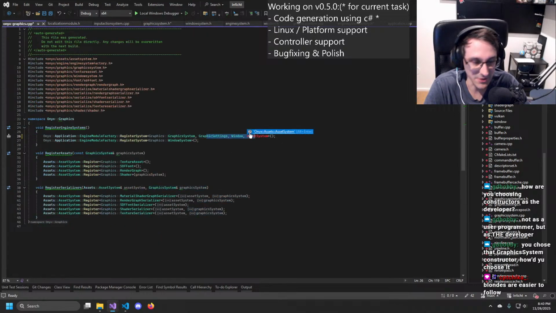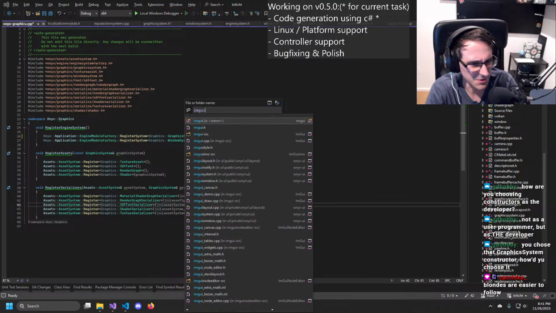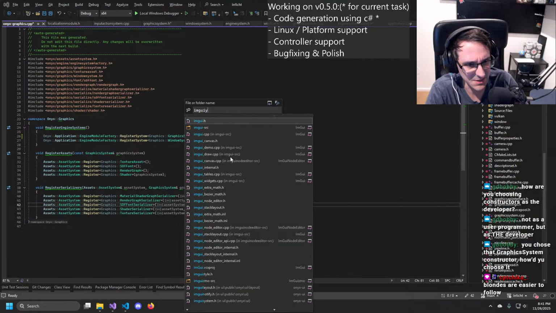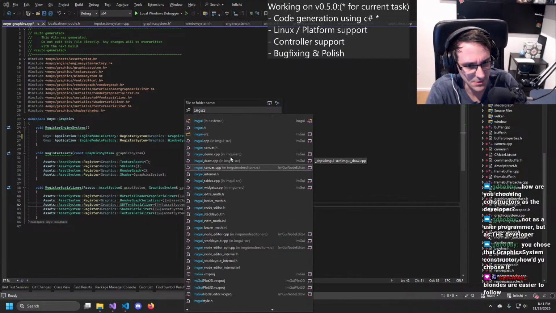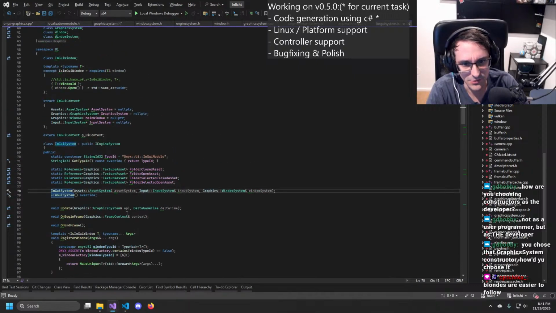I mean, this will be auto-generated, so it's not a big deal, right? You would never write this anymore. But if you look into the generated file, seeing that is maybe a little bit hard to read. Especially for systems like the ImGUI system, that had a ton of references.